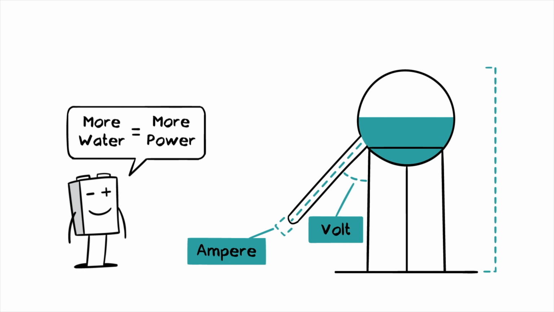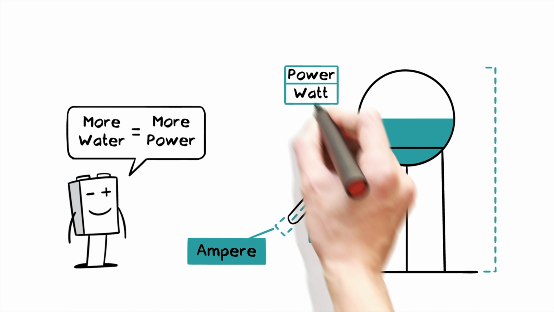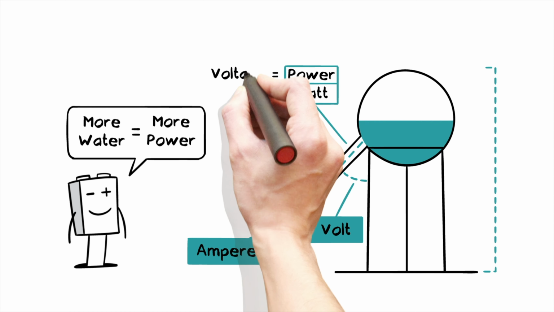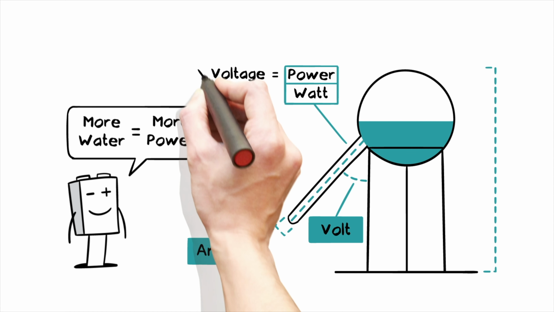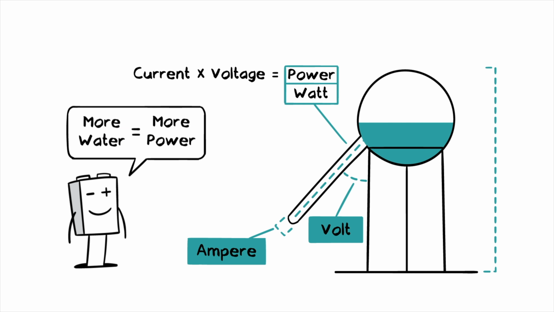The amount of water that flows in a slide in a unit of time is called power. The power is determined by a multiplication of the slope of the pipe, or slope of the slide, multiplied by the amount of water flowing in it. Power is measured in watt units, representing the amount of water flowing in a pipe or slide in a unit of time.